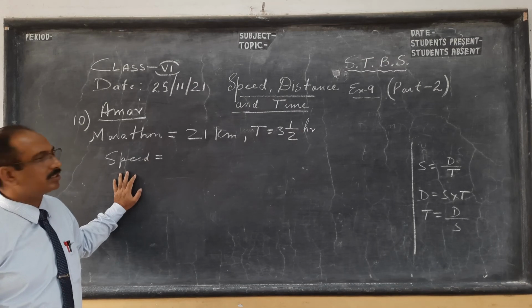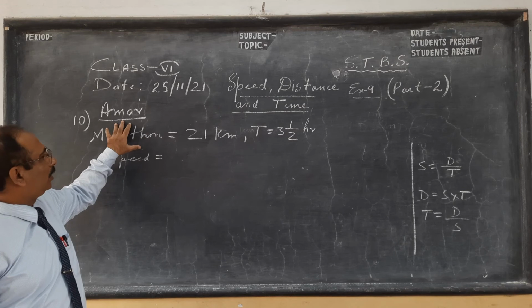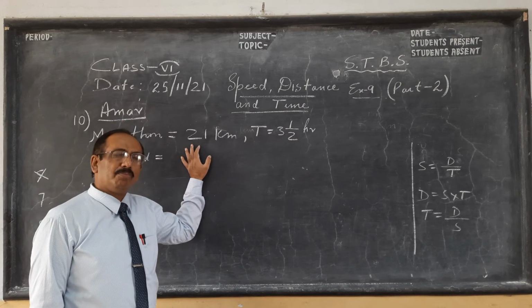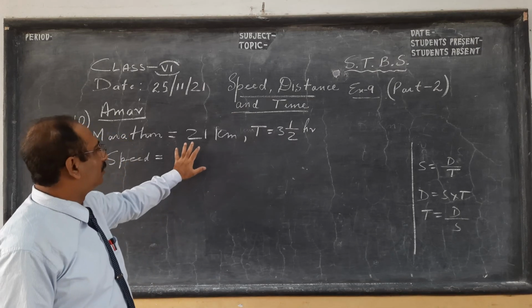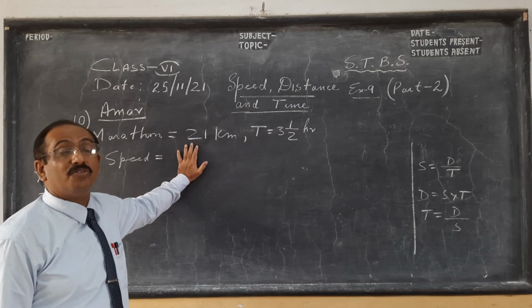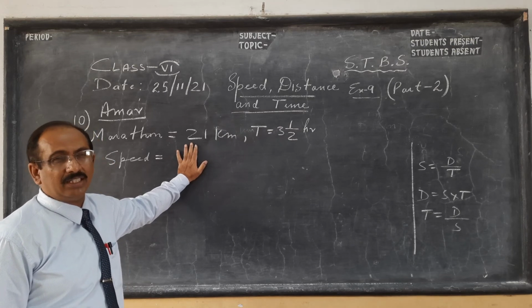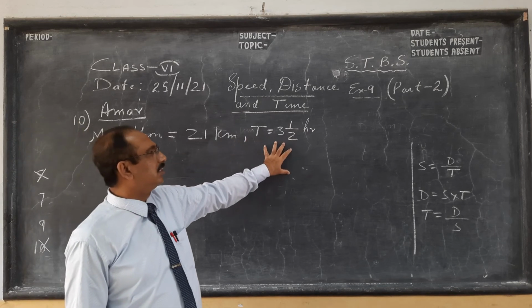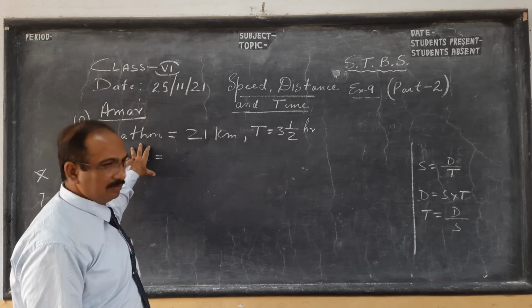Just I take one standard book. So see, a very good question. Amar is a boy, he runs a marathon which is 21 kilometer. Generally if you see Olympics and all, because I love athletics and other things, men's marathon is of 42 kilometer I think, and women's marathon is around 21, like that. Please check. So how much time it takes? So here he runs it in 3.5 hours. Okay, so we have to find his speed.